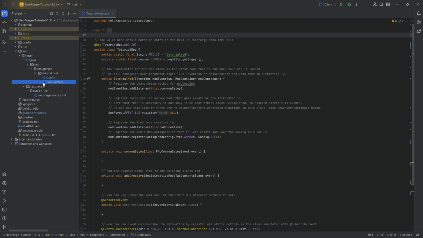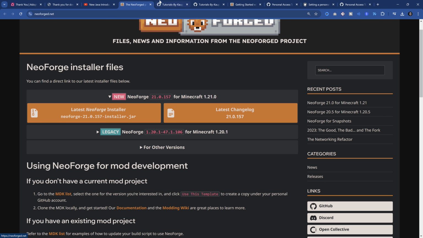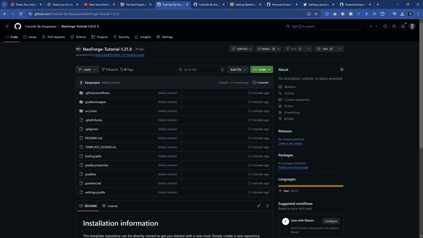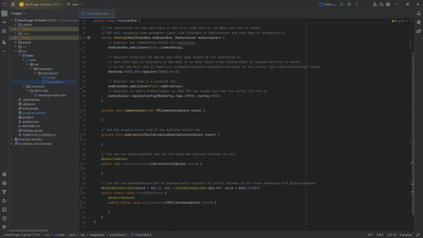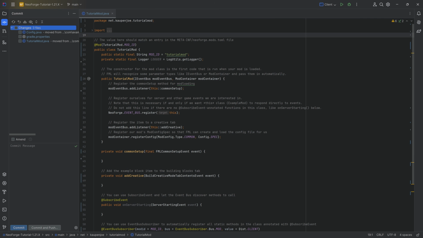That is totally fine. That has to do with the GitHub repository because, of course, we have created the GitHub repository. We can actually double check this right here. And what we can do is we can change things. Obviously, we have changed quite a few things over here. And then we can commit and push those. So we can see we've changed the config Java file, the tutorial mod Java file, and the Gradle properties file. So we can simply hit the check over here, and we can say changed some things. We can then hit commit over here.